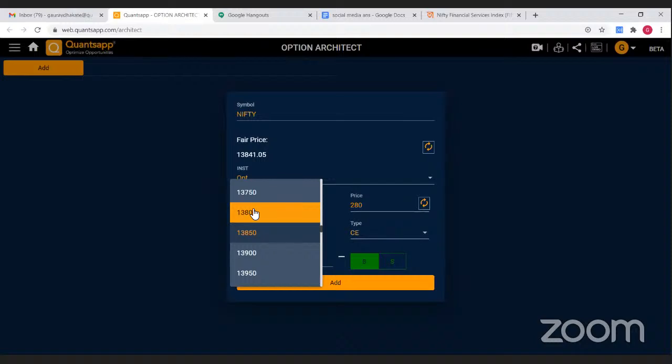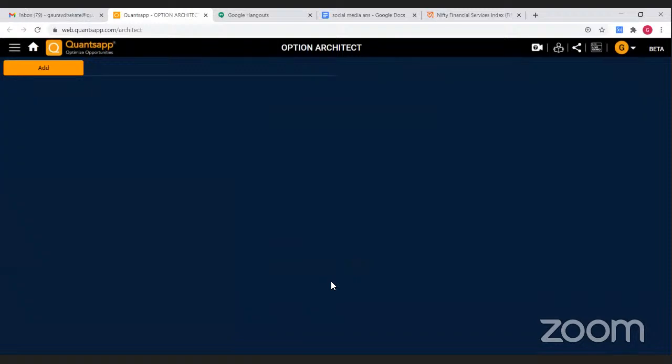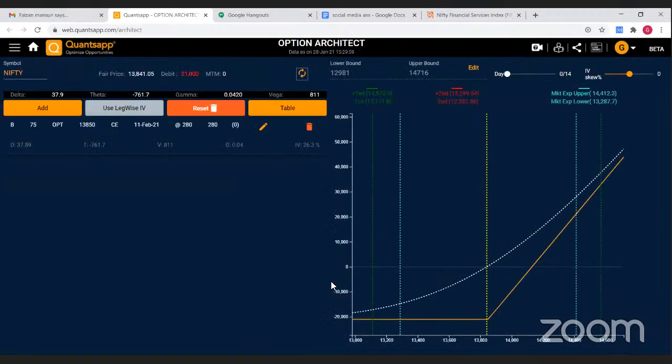So let's take the at the money strike. Then it's a call option, and then quantity and whether you are buying or selling. Suppose you are making a buying strategy, so you will add your leg. Now you can see lots of things over here, the details about your